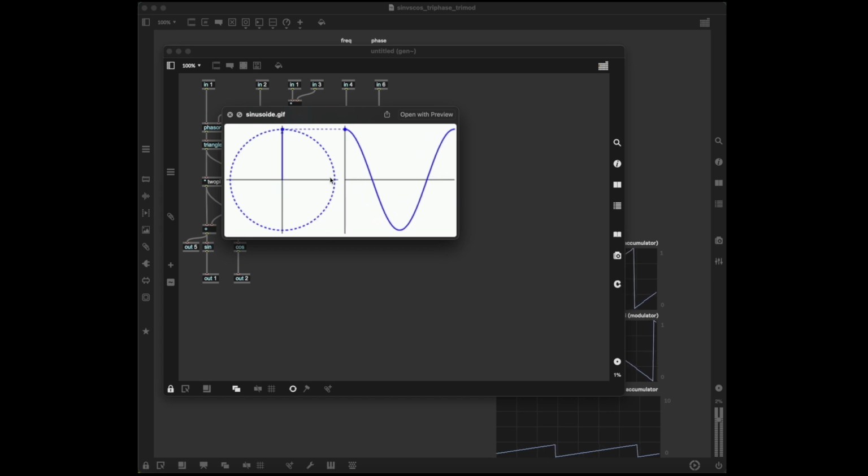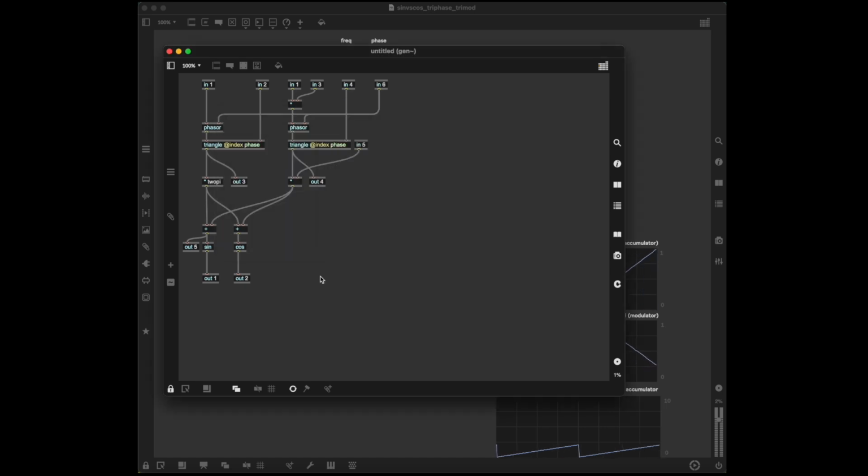If I just did 0 to 1 like normal, it would just go up to here and then start over again. So I just thought that was kind of interesting. It actually sounds better when you use it this way, but again, like I mentioned at the beginning, it's a bit more computationally expensive. But I like the way that it sounds better, and you don't have to do interpolation